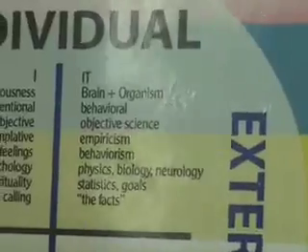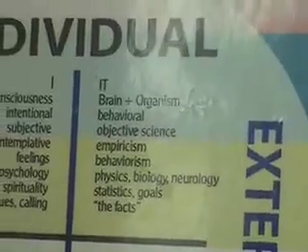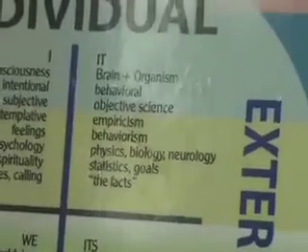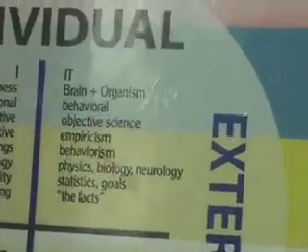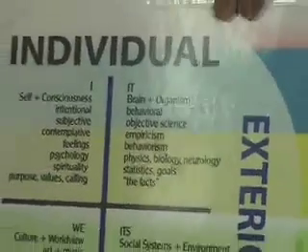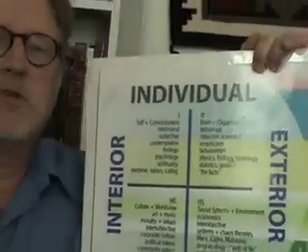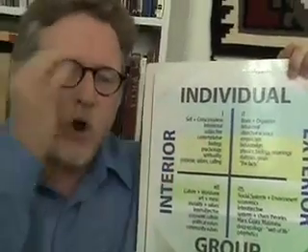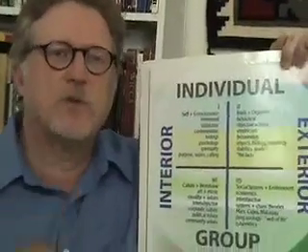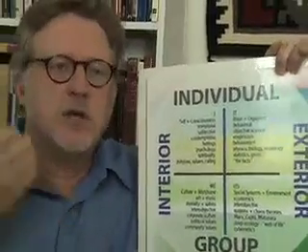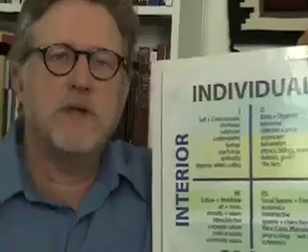So in the upper right quadrant, it is the physical objective body. This is the part that the doctors love because they can analyze it, they can inject it, they can amputate it, they can do surgery on it, they can medicate it. It's the physical body, the organs, the skeletal system, the circulatory system, the brain, neurochemistry, etc. The upper left are the interiors of the individual person, and this is your feelings, emotions, love, hatreds, beliefs about